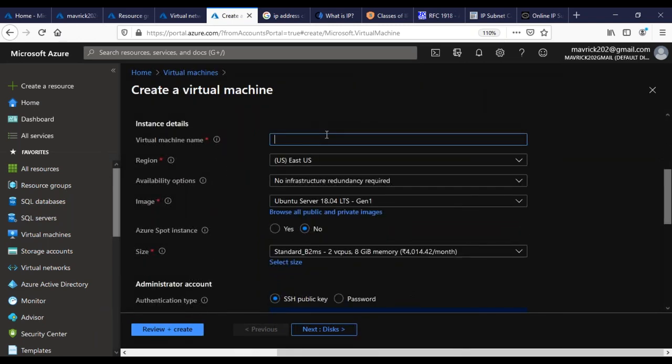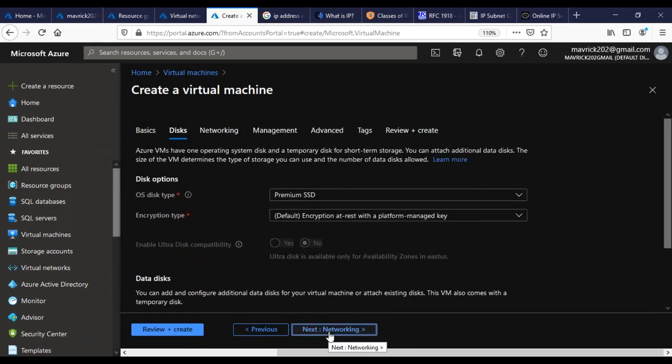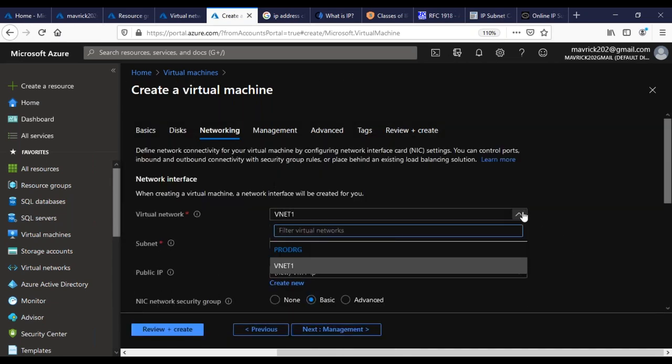I'm going to say VM1. If I select East US, by the way, I'm not going to do anything else, guys. I'm just going to go to networking. So what we can see is you can only see VNet 1, guys. See, you're not seeing VNet 2, 3, and 4 because VNet 2 is in East US 2, VNet 3 is in West US, and VNet 4 is in West US 2.